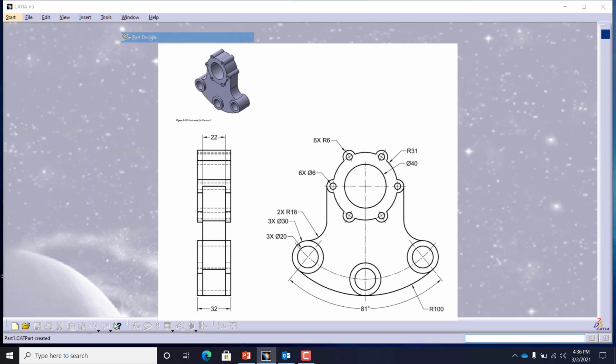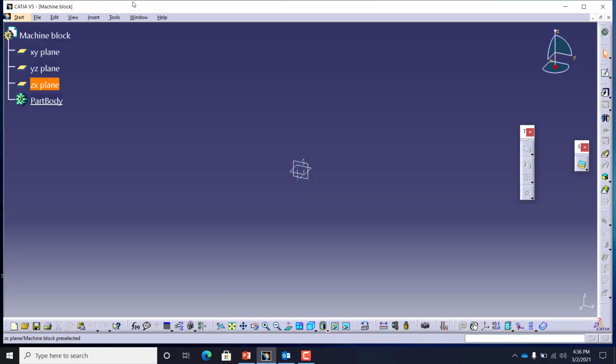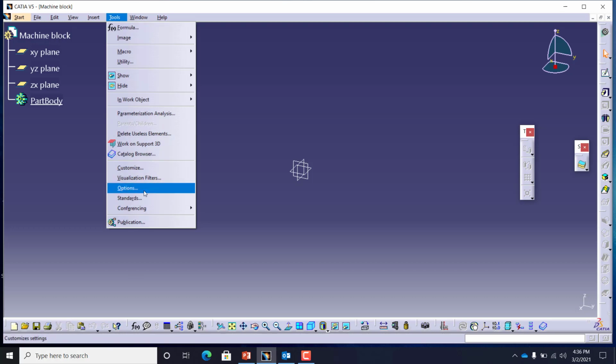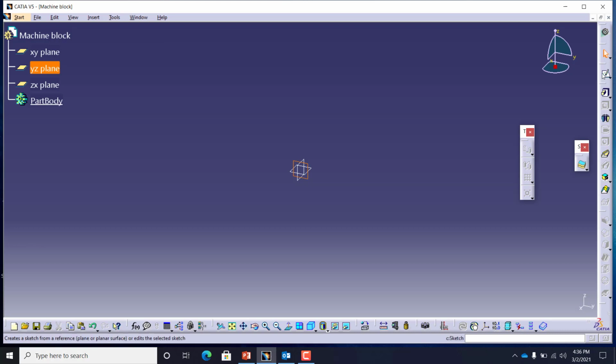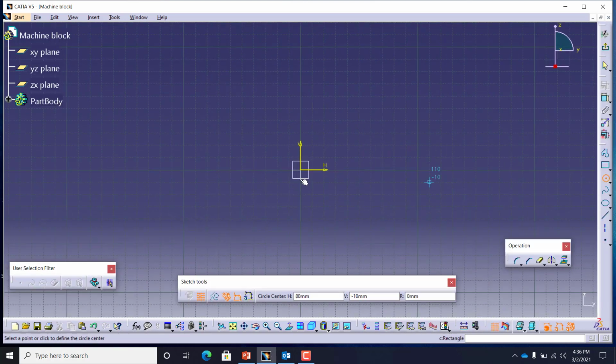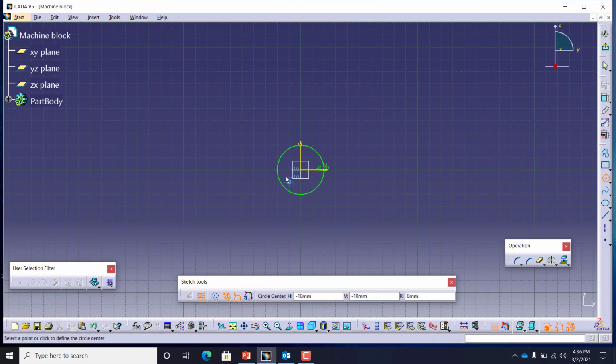In this video, I'm going to quickly show you how to use the circular pattern tool to create the features in CATIA. So this is a model called machine block, which should be created in the millimeter system. If you take a look at the given snapshot, you can see this object actually involves a lot